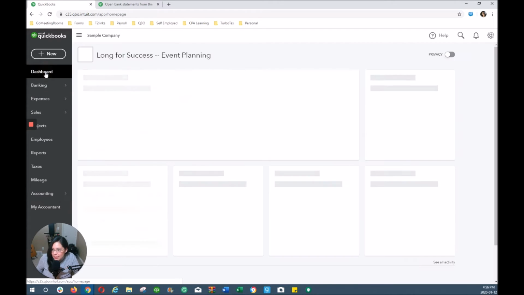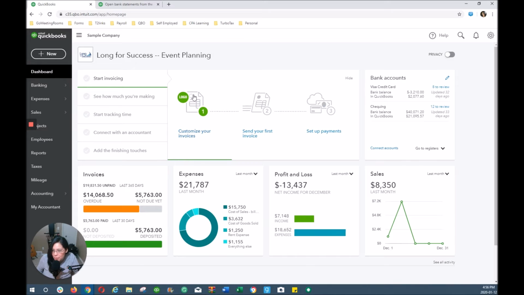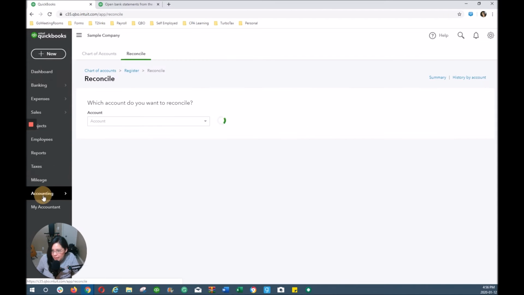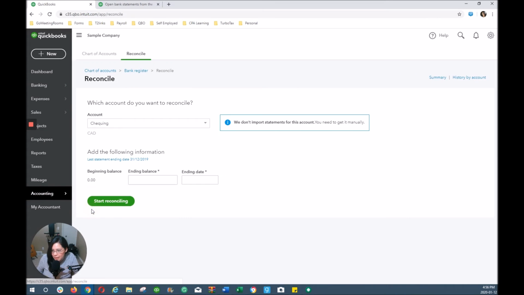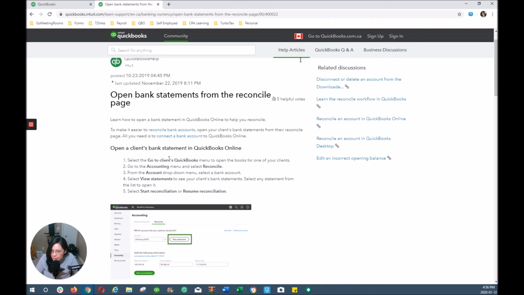So once again, when we first log in, we're in the dashboard. We're just going to go to the Accounting tab and select Reconcile. And the View icon is going to be where this pop-up message is. So that's where the icon is. If we go back into the article,